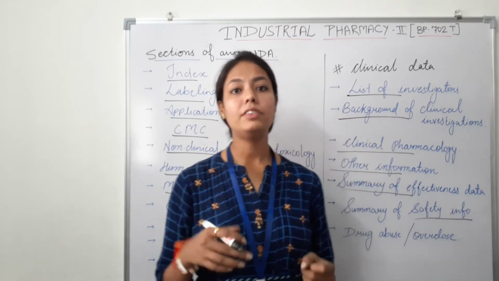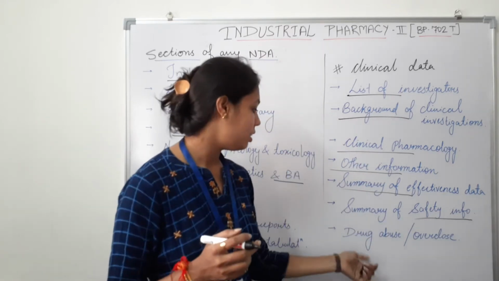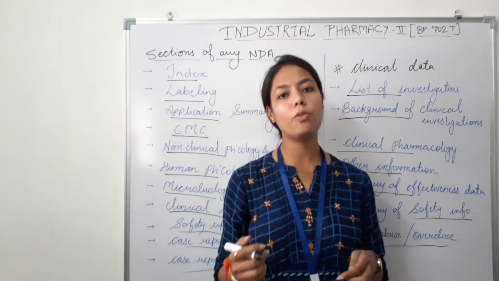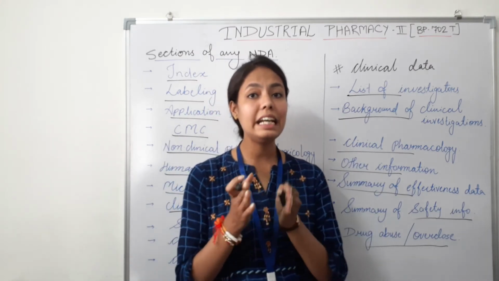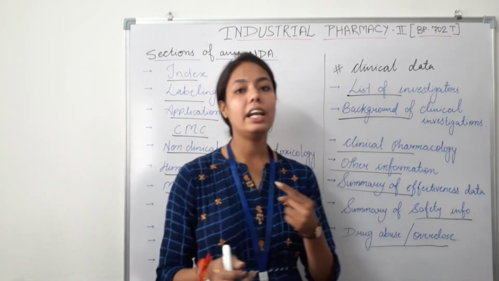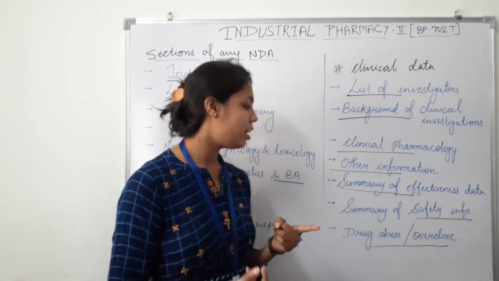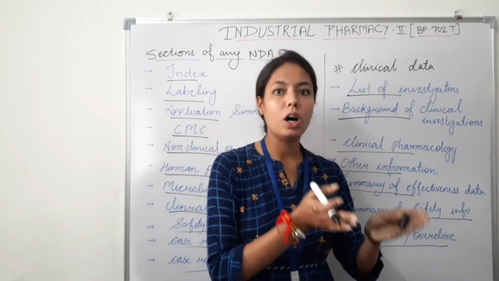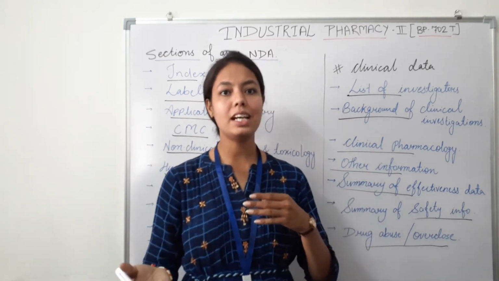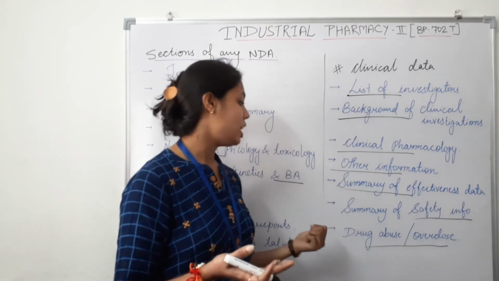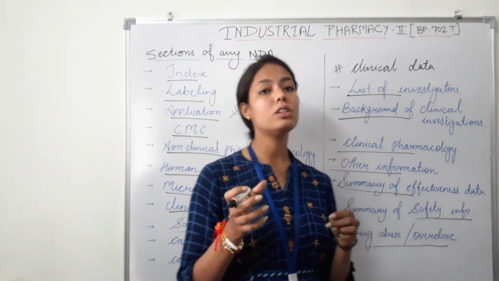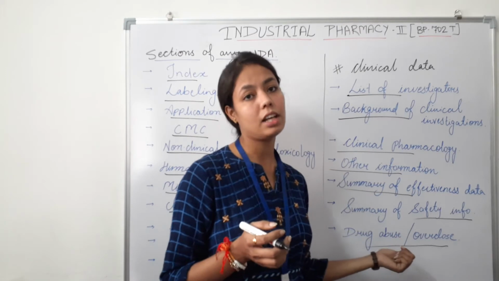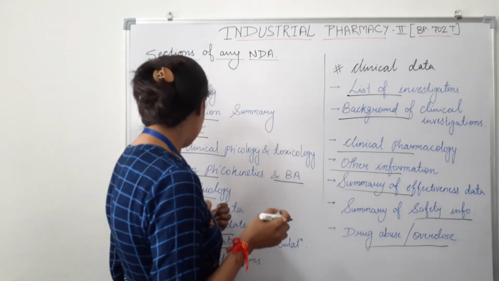safety information. After safety information, the last one in the clinical section is drug abuse and overdose. This section includes the detailed description of studies regarding the abuse of the drug, any other side effect, or overdose. It is necessary to include the proposal for scheduling as per the Controlled Substances Act. So if the drug has potential for abuse, all the controlled substances must be included in case of any abusive class of drugs.